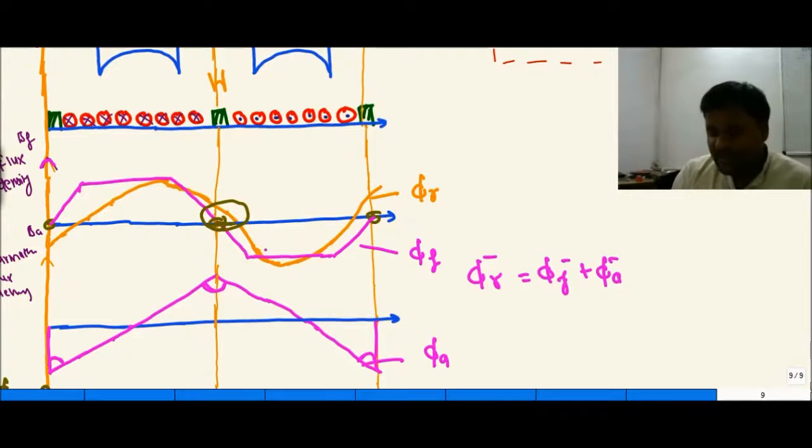So I think you will learn that the resultant flux density waveform is distorted. This is the resultant flux density waveform BR, and it is distorted, and we want zero flux density at the interpolar axis in order to have sparkless commutation. But due to armature reaction there is some flux density at the interpolar axis, which may cause sparking and affect the commutation process. So we have to remove this by using compensating windings or by using the ascending pole shoe. So this is the MMF diagram of the armature reaction.